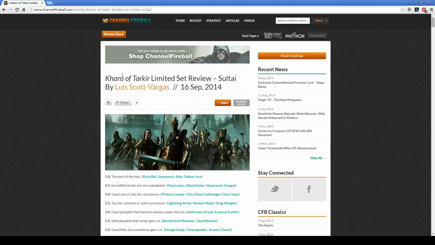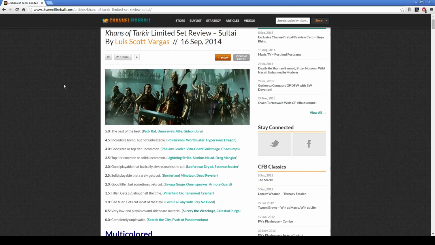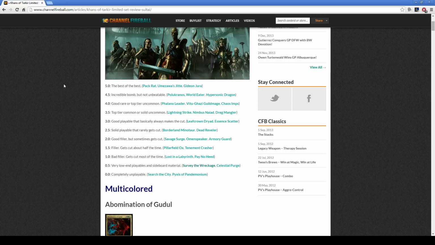YouTube, Rain here, going over this video series of LSV's reviews and how well I can get in terms of how close I think the cards are to what his reviews are. This one will be Sultai and Black, so that's the blue, green, black clan, as well as all the black cards. So getting right into it,